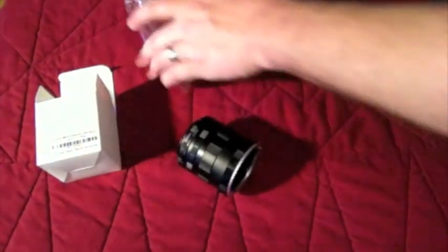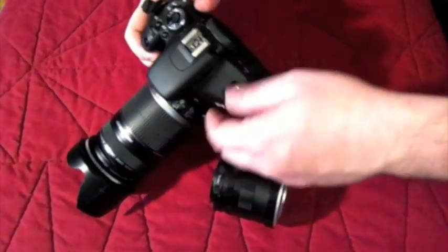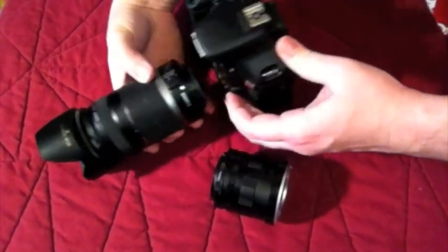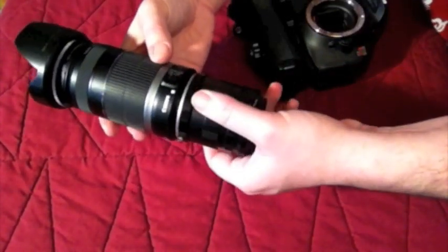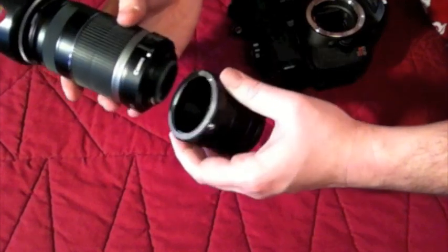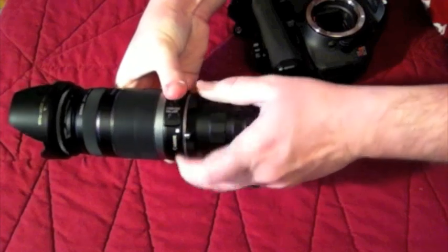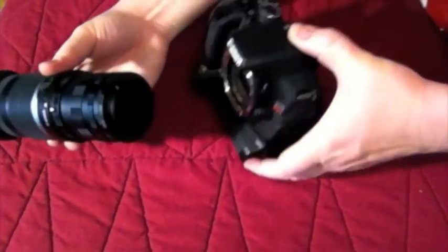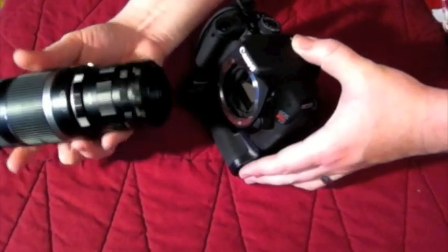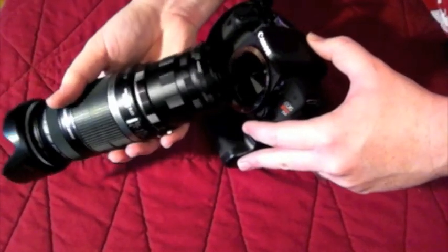I'm going to go ahead and bring my camera over. The camera is currently off, so we don't draw in any extra excess dust. So we can go ahead and flip that off there. Then I line that up like so, and you can see it locks in place, and to get it off you have to pull the lever back. So that locks in place. Then we bring our camera over and find the little red dot, and line it up with the red dot on the camera,